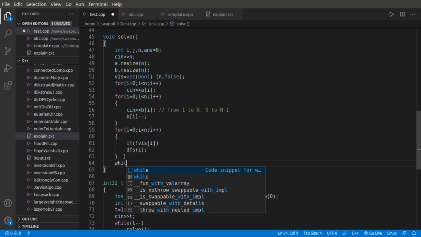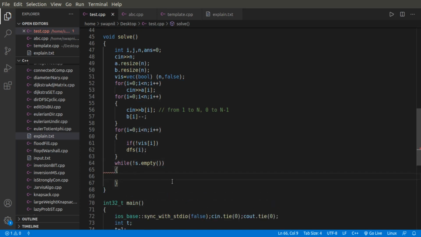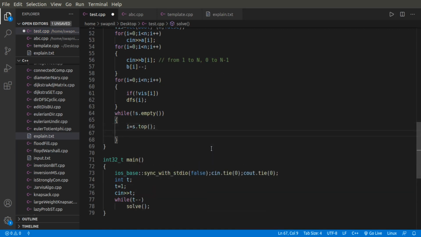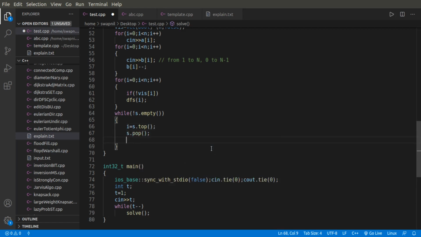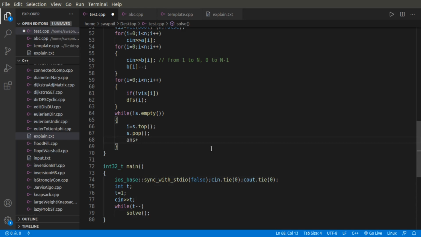Okay, so here s gives me the topo sort order, which is stored in a stack, and I will use s.top, which is the first node of the topo sort. I will be choosing these particular indexes in the topo sort order, so I will increment the answer this way: answer plus equals ai.